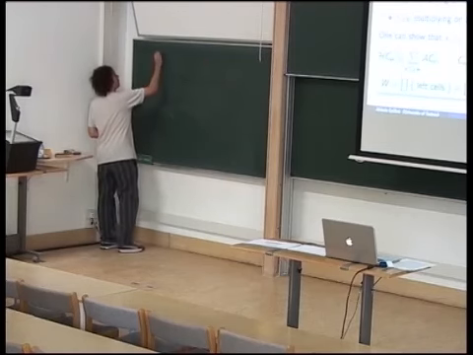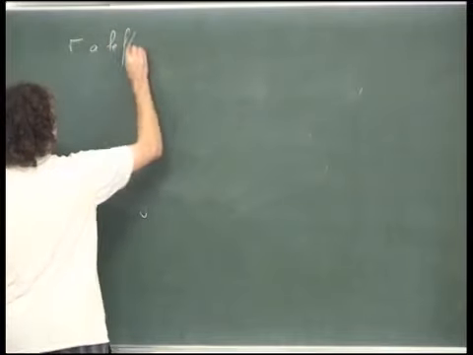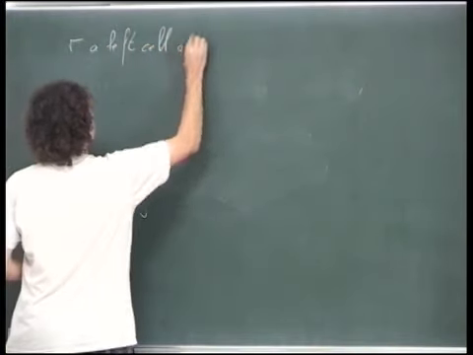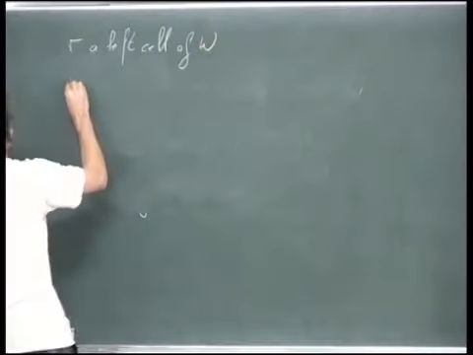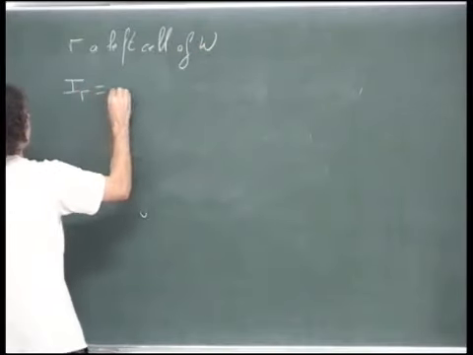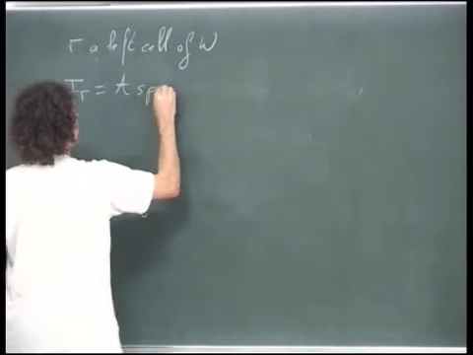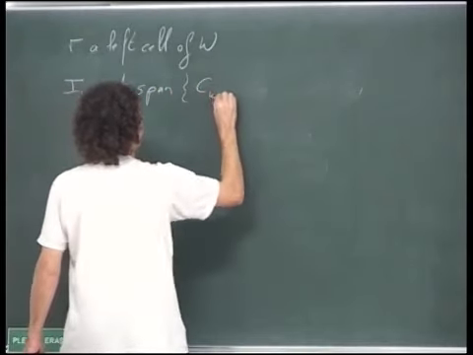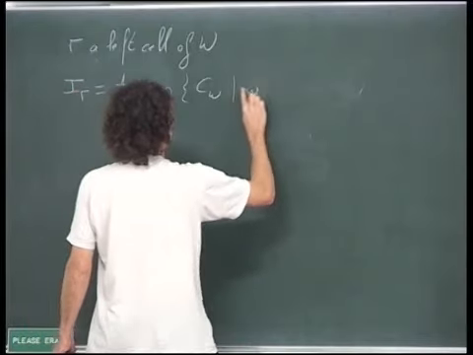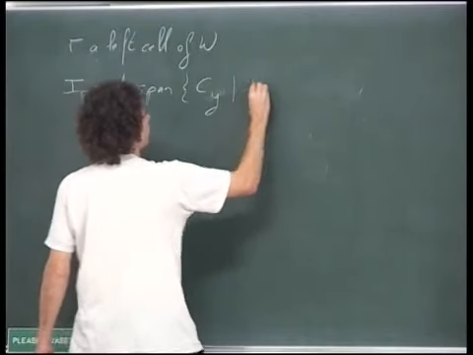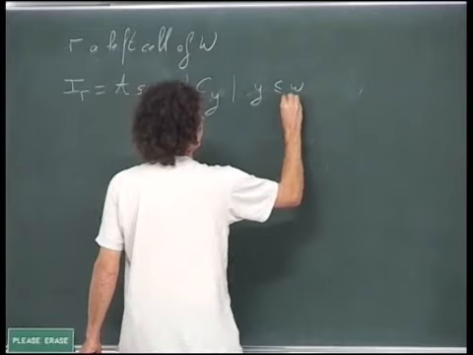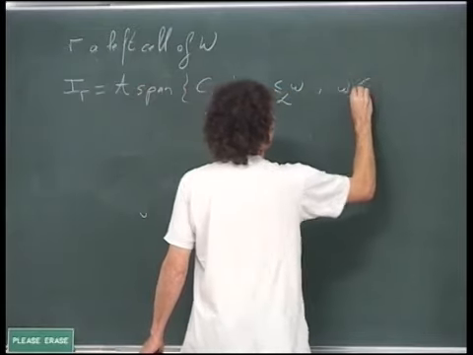If you take gamma to be a left cell of W, and you set E gamma to be the A-span of the C_Y such that Y is less or equal to W in the left order, and W lies in the left cell gamma,